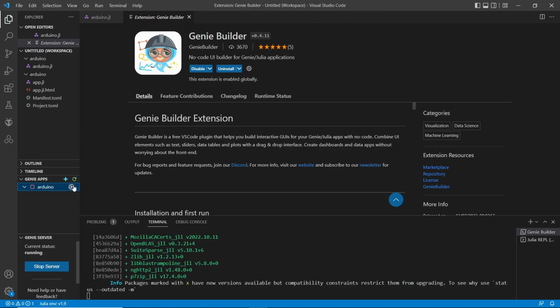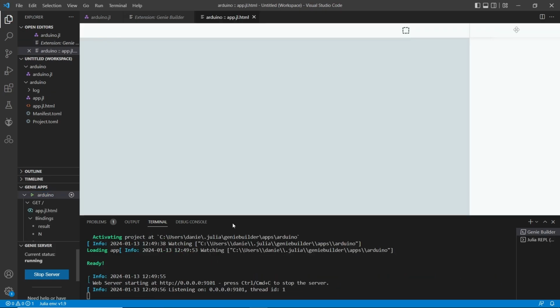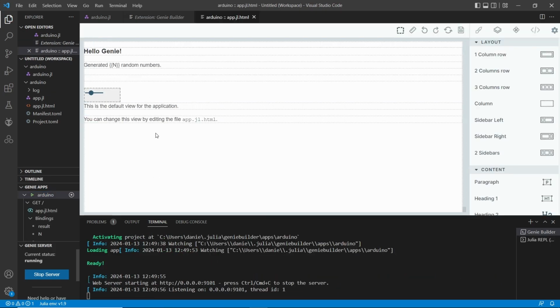So the app is created. We can click over here on Start App. Let's do it. And this is the Genie Builder GUI. So very simply, we got here an example. We already have a server running on the localhost on this port over here. And for our example, we can